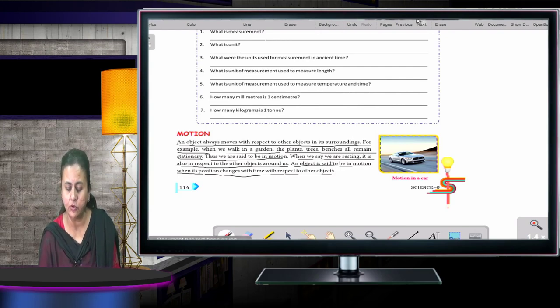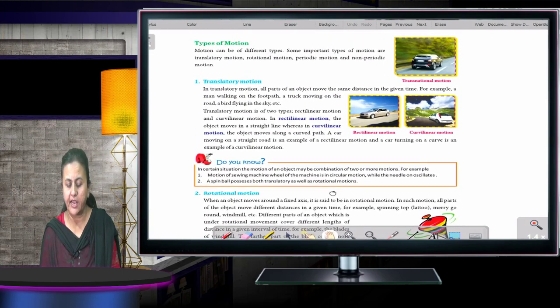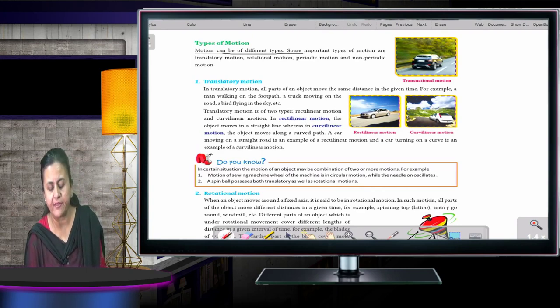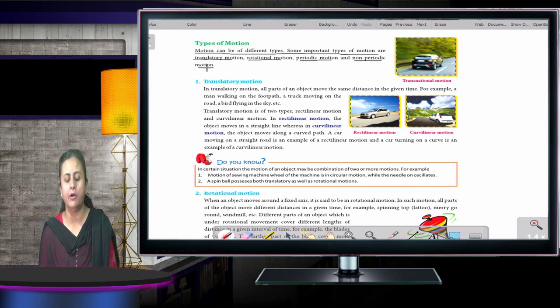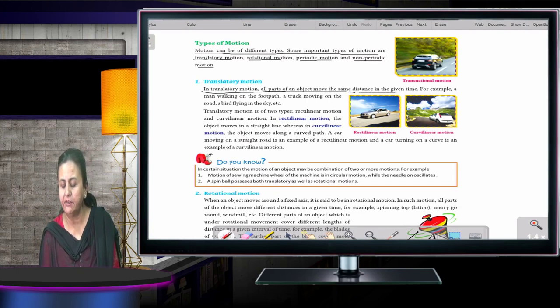Now moving to the next one, types of motion. Motion can be of different types. Some important types of motion are translatory motion, rotational motion, periodic motion and non-periodic motion. First we will talk about translatory motion. In translatory motion, all parts of an object move the same distance in the given time. For example, a man walking on the footpath, a truck moving on the road, a bird flying in the sky, etc. Translatory motion is of two types, rectilinear and